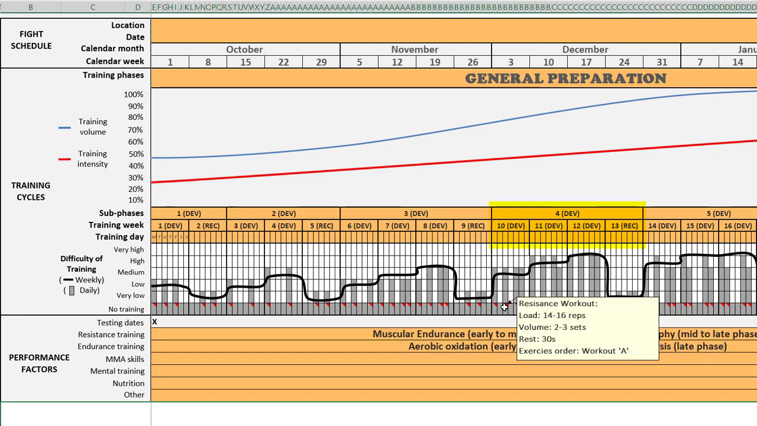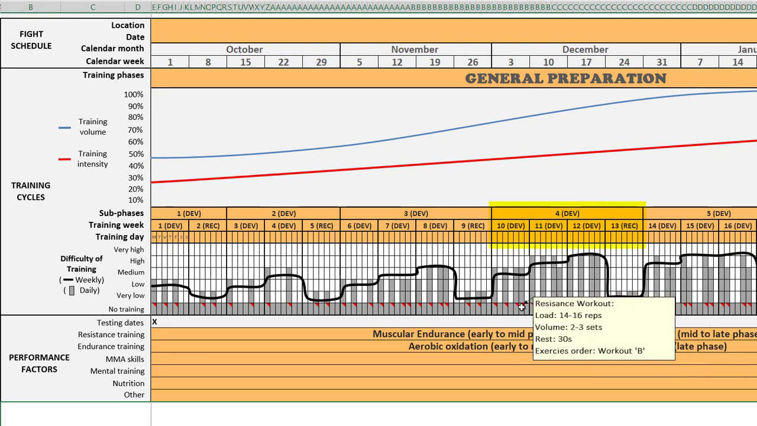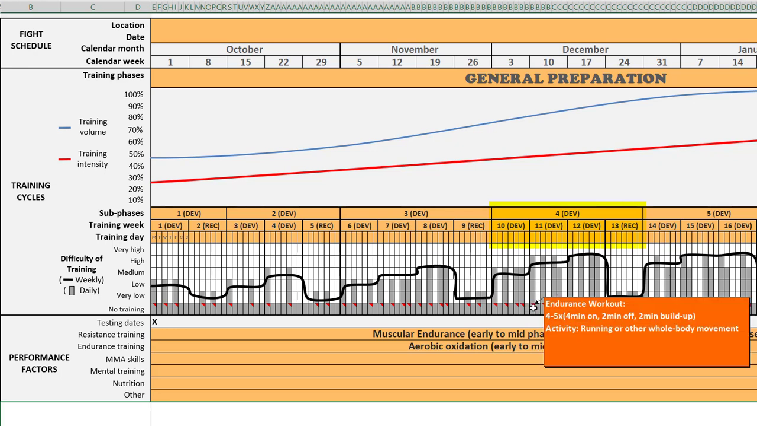And our resistance paradigm stays the same, roughly 14 to 16 reps, 2 to 3 sets, 30 seconds rest, and again we're shifting those workouts. And we're back to that same endurance pattern, 3 to 4 times 4-minute intervals, 3 minutes off with a 1-minute build-up, whole body movements. And then we're sliding in another resistance workout at the end of that week. As we move into week 11,